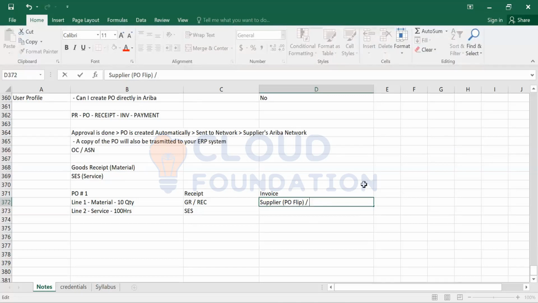So he is not sending the Ariba invoice. He is not using Ariba to submit his invoice. He sends a paper invoice. Then as a buyer, you can also create